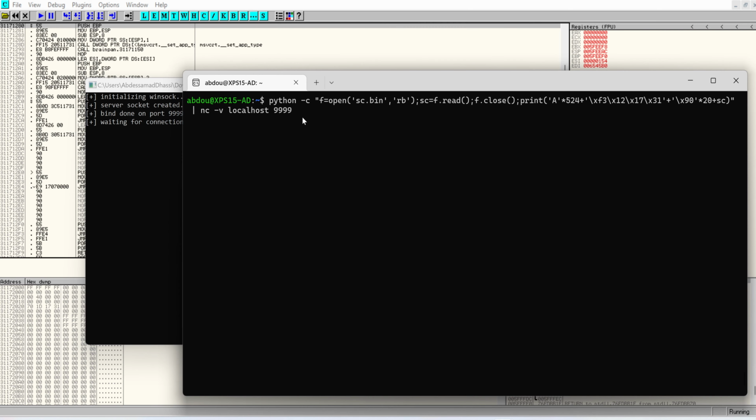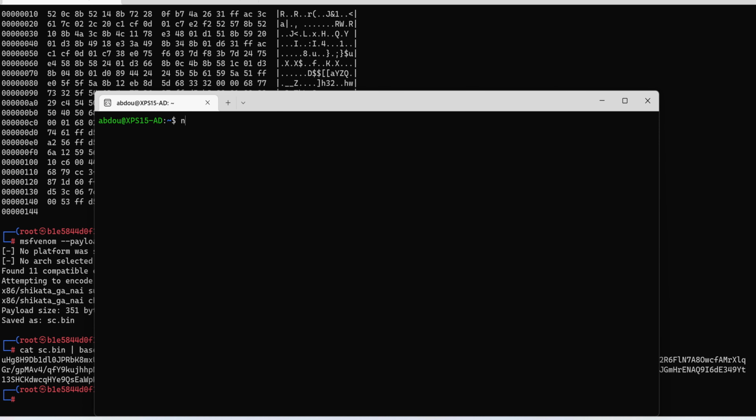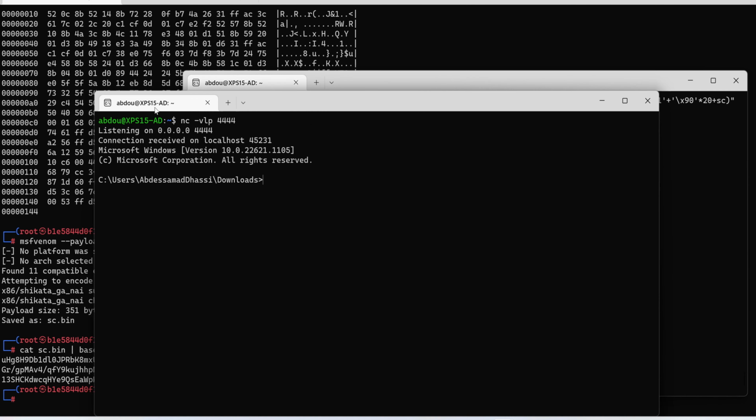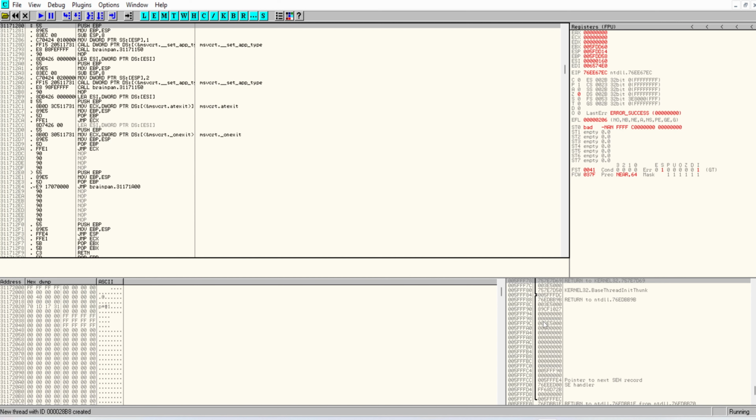We need to listen on port 4444. So let me just do that real quick. So that would be netcat -vlp 4444. We're now listening. Let's try. And we get a prompt here, which means that we successfully gained remote code execution using our buffer overflow